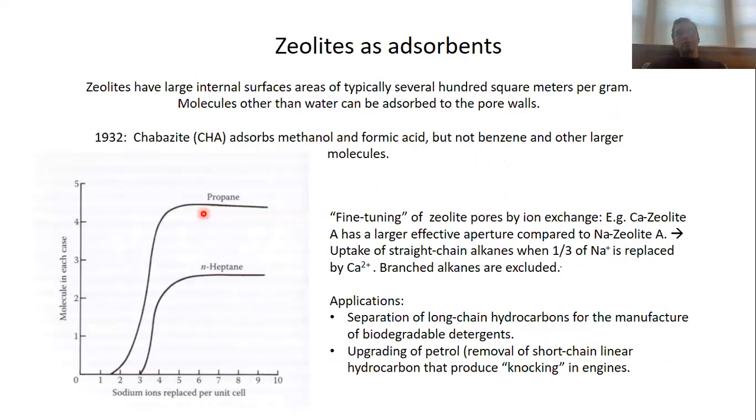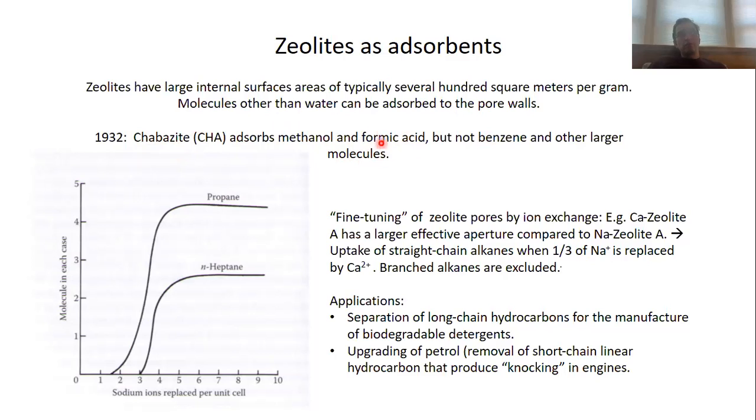Another important property is to use zeolites as adsorbents for organic molecules for the purpose of separating mixtures of organic molecules. So here you use the larger pore zeolites that cannot only accommodate water, but also larger organic molecules. So this property has been originally discovered in 1932 when it was found that chabazite with a CHA structure adsorbs methanol and formic acid, but not benzene and other larger